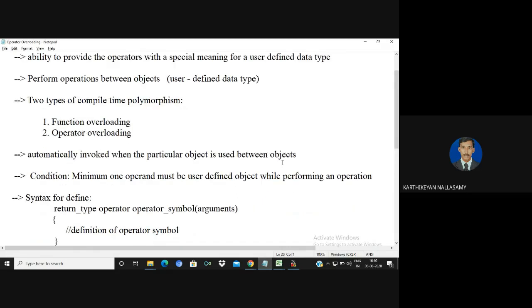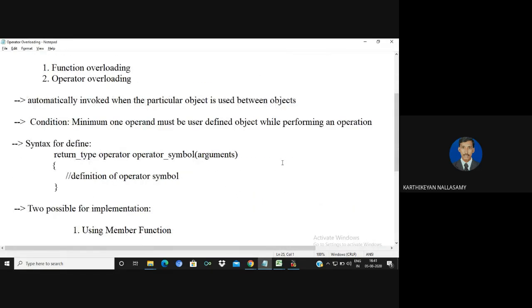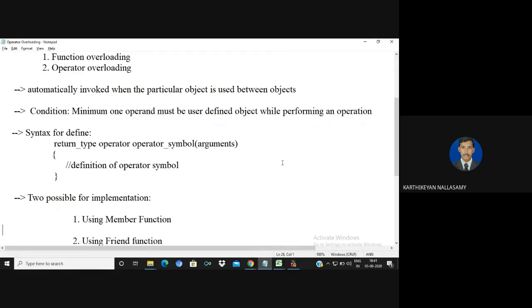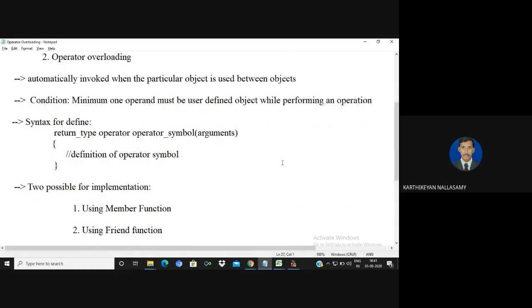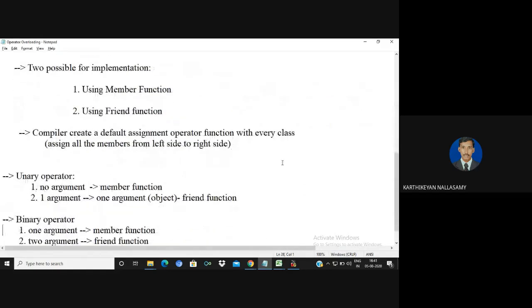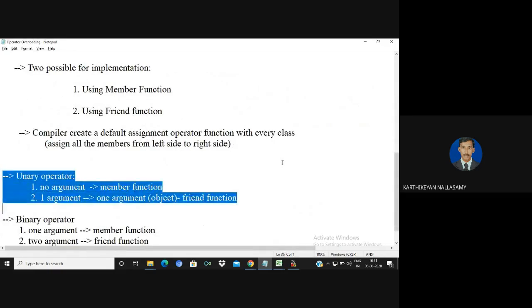In the previous video, in the basic concept, we discussed how we can overload the basic addition operation, that is a binary operator, in two possible ways, either using a member function or a friend function. Here I'm going to discuss how we can overload a unary operator by using a member function as well as by using friend function logic.